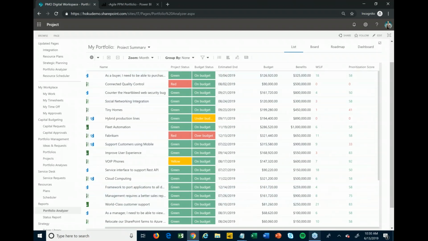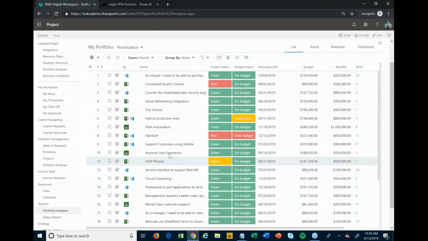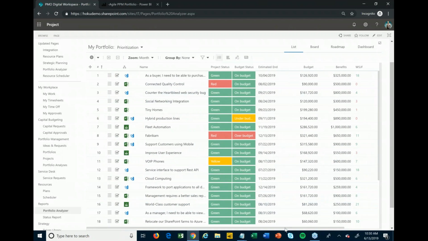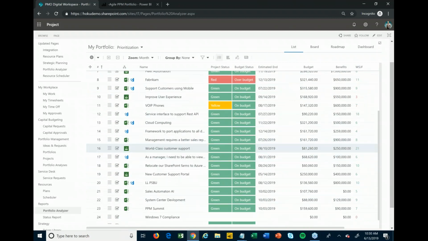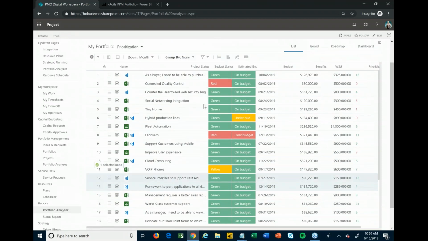I have them both here right in line, and so when I want to do some prioritization, if I need to reprioritize my portfolio at any time, I can flip into prioritization mode and I can look at all of the metrics in the view here that are of interest to me. I may include other things like ROI or NPV or IRR, more financial metrics, whatever I might want to include in this view. And then I can simply start dragging and dropping things. So I can drag and drop and move these around just to stack, rank, reorder them to get some prioritization around these. From there,